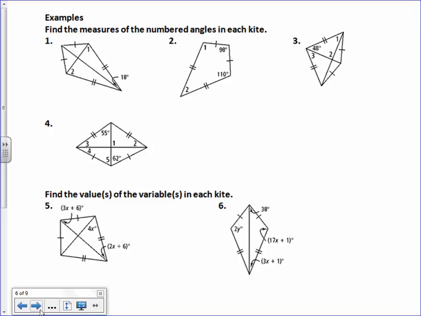The first one I'd like to do is number 1 here. Find the measure of the numbered angles in each kite. We know that this is a right angle since these are perpendicular. If we know that that small angle is 18, the measure of angle 1 plus 18 is going to have to equal 90. So if you subtract 18 from both sides, the measure of angle 1 equals